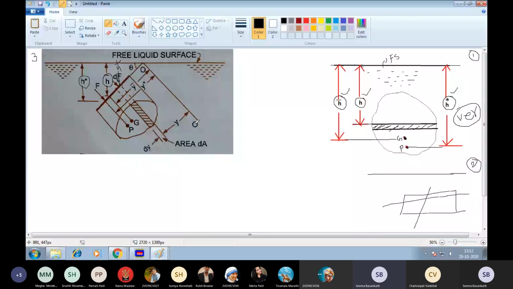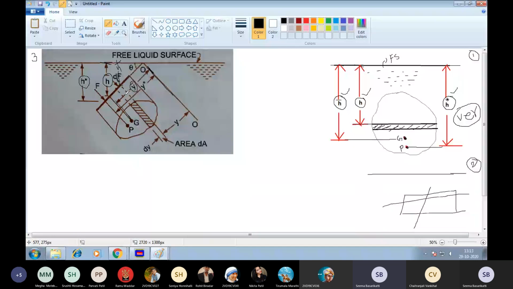Okay, so now let us change the notations. From the center of gravity up to this surface, initially this was the free surface of liquid, now this will become the free surface of liquid, that is the OO axis. So from the center of gravity up to the OO axis, the height is taken as y bar. Simultaneously, from the center of pressure up to the OO axis is taken as y star, and the height of the strip from this OO axis is taken as y.